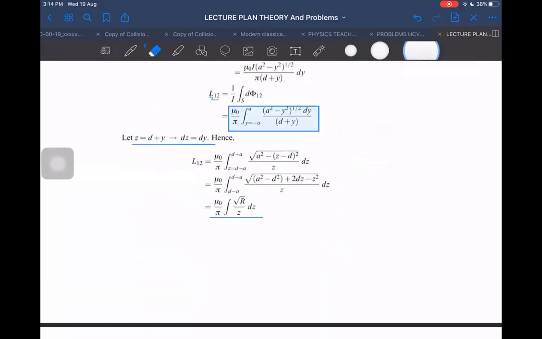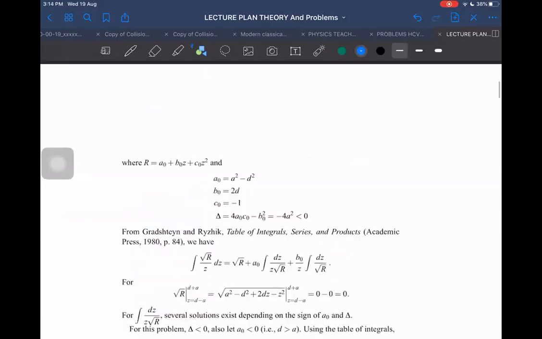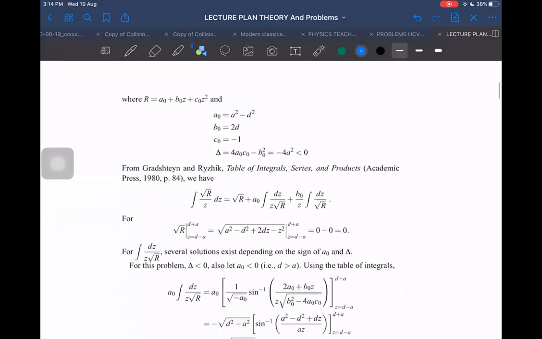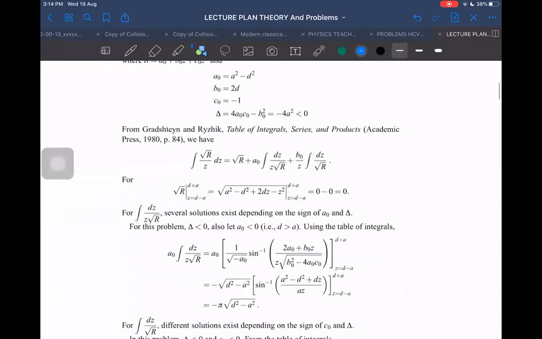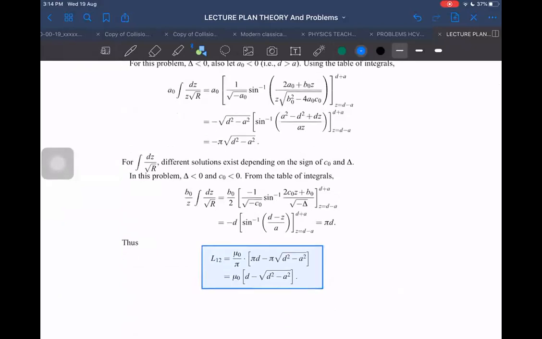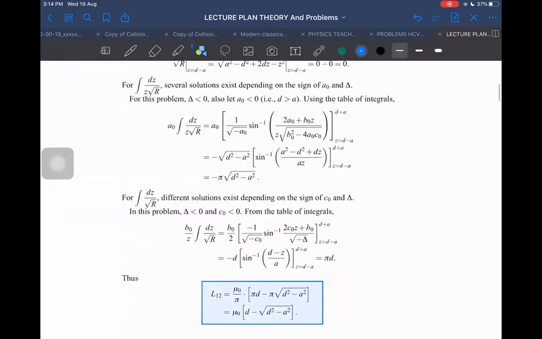So when they are saying 1, 2, you understand that they may not be representing it as M. Sometimes we represent it by L also, but it is not self-inductance. It is mutual inductance only. Anyway, next. After that, they are just putting the values back. What are they doing next? I don't understand now why they are integrating again.